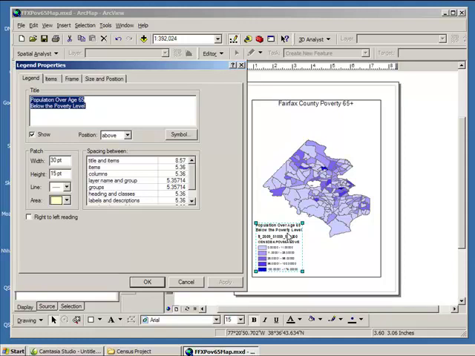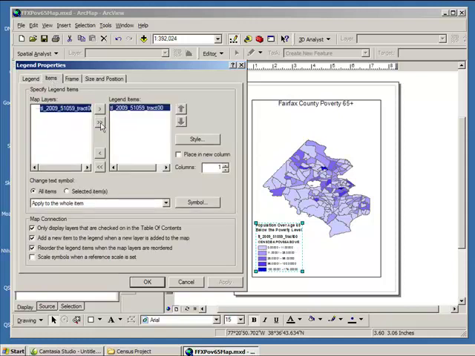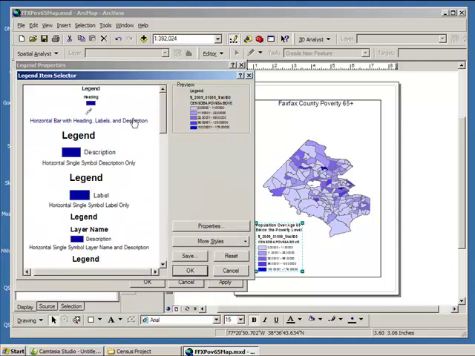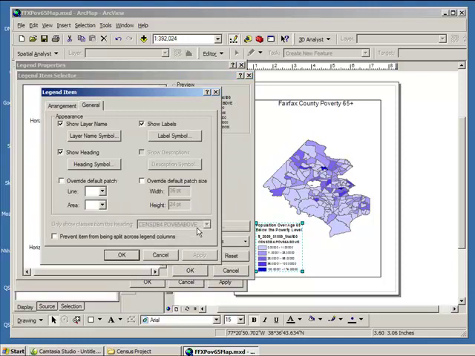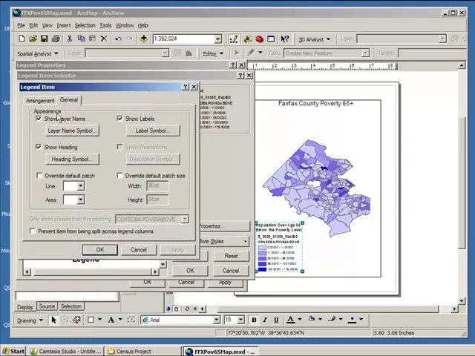We also want to get rid of the layer name and the data name so that it's a little bit clearer for readers. So click on the Items tab. Under Legend Items, double-click on our layer name, and now click Properties, and uncheck the boxes next to Show Layer Name and Show Heading. Click Apply,